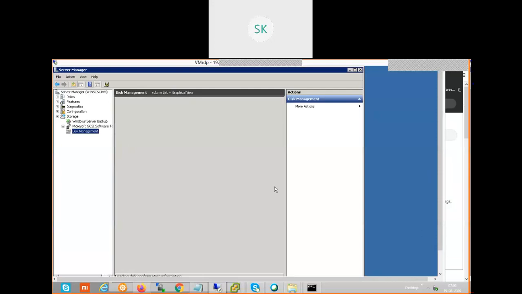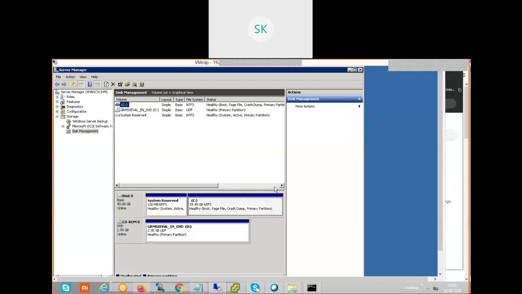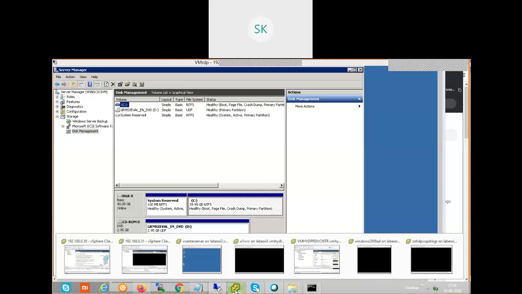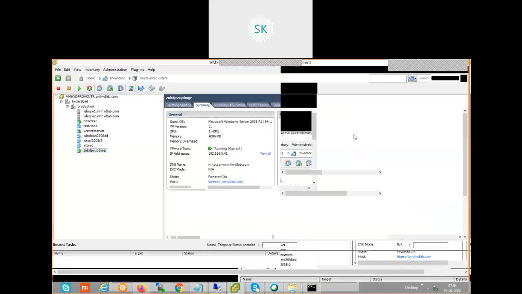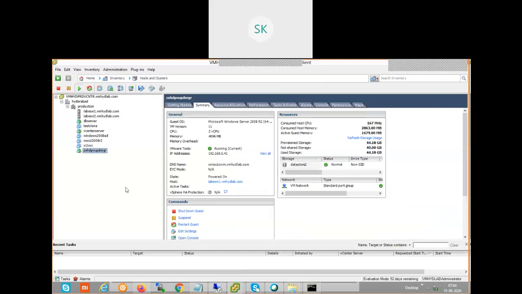What is the disk configuration on the server? It has only the base OS disk, which is only 40 GB. So to work on the iSCSI target, we should have at least more than 100 GB. So what I'm going to do is add an additional disk for this particular VM. Go to the ESXi host and add an additional hard disk for this VM. On that drive, we are going to assign the disk from this iSCSI target. Let's do that. Right click on the server, go to edit settings.